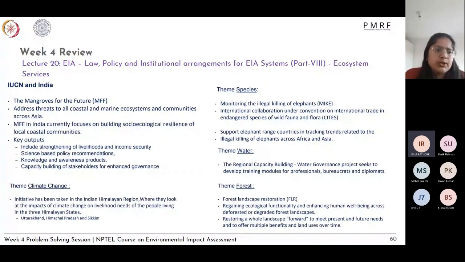And then we also looked at the IUCN and India and their various themes. So we looked at mangroves and the problems, basically problems which India faces specifically in these different themes. So overall, in general, we have